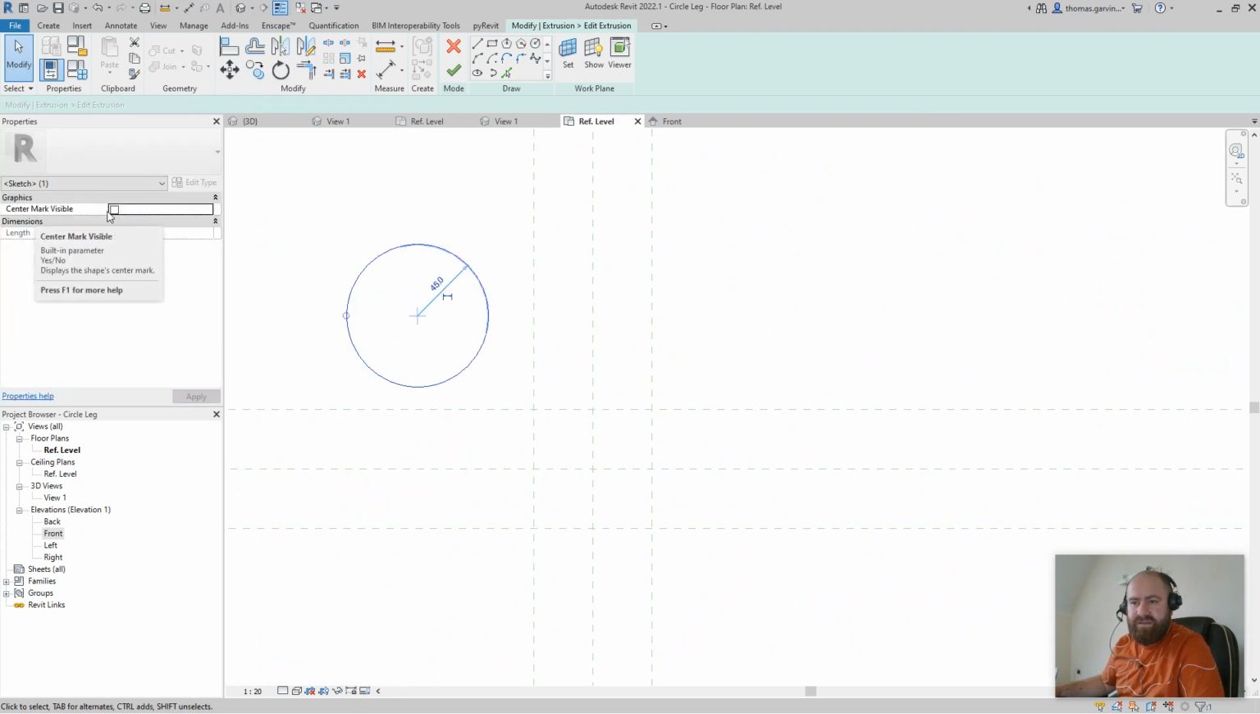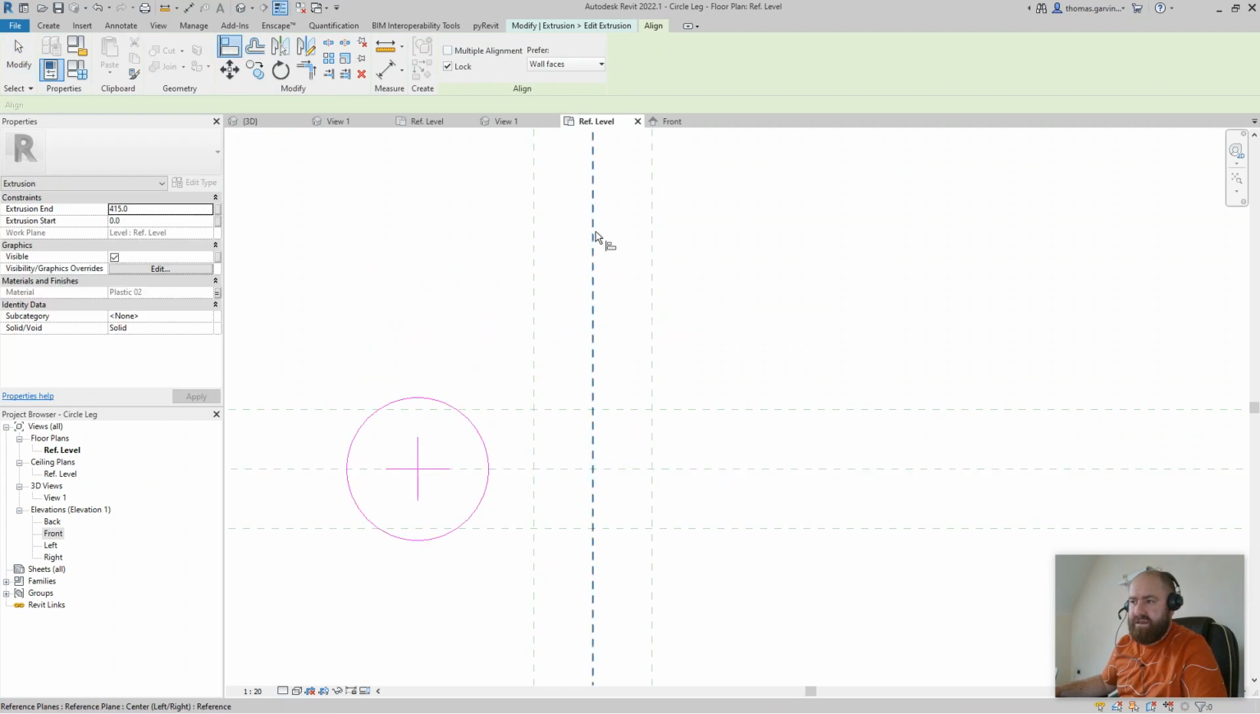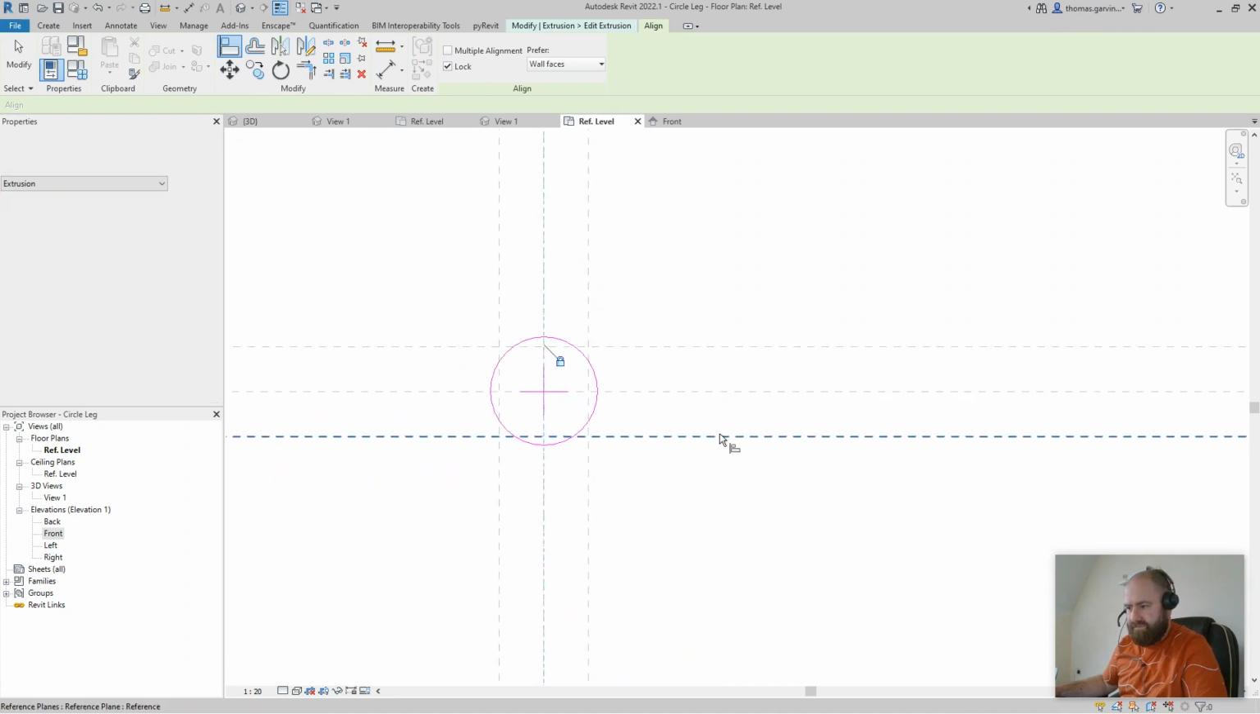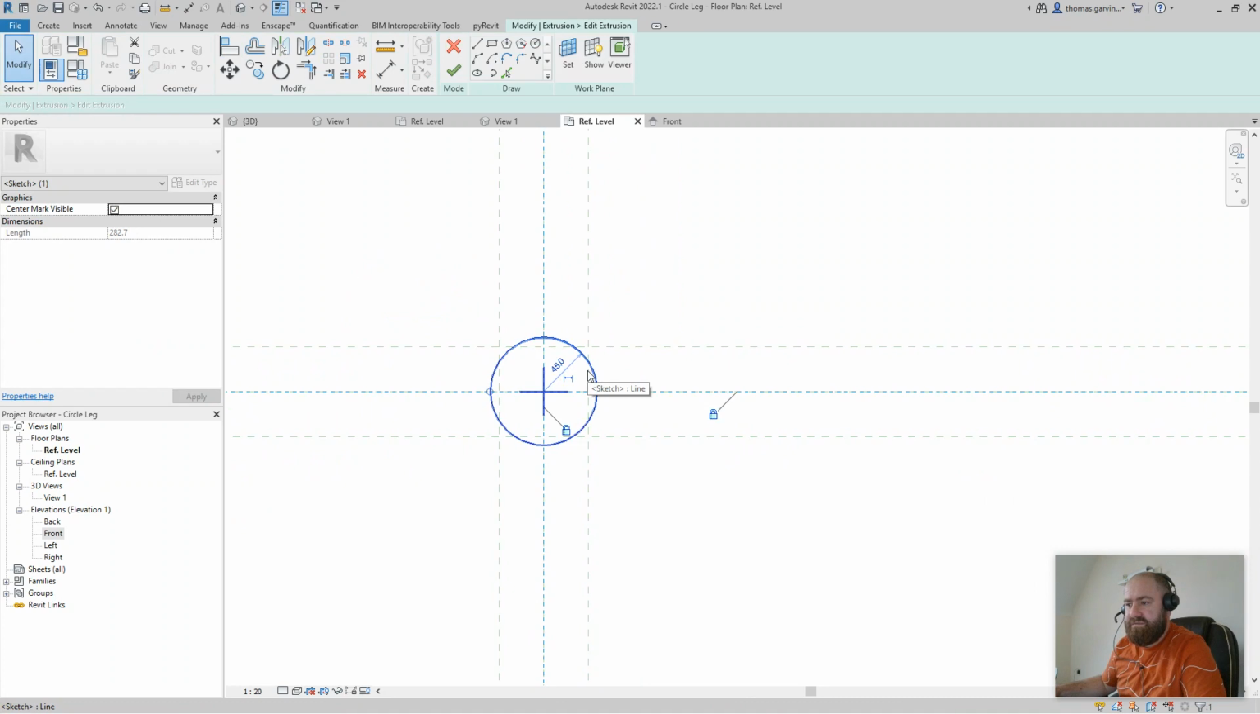And see the center mark visible? Check that, okay? Which gives us basically a cross in the middle of the circle that we can align to, okay, and lock. So align to the reference plane, lock. It'll take off the multiple. Align to reference plane and lock. Okay, escape, escape. Now, because I want to use the leg width parameter, I'm going to give this a diameter